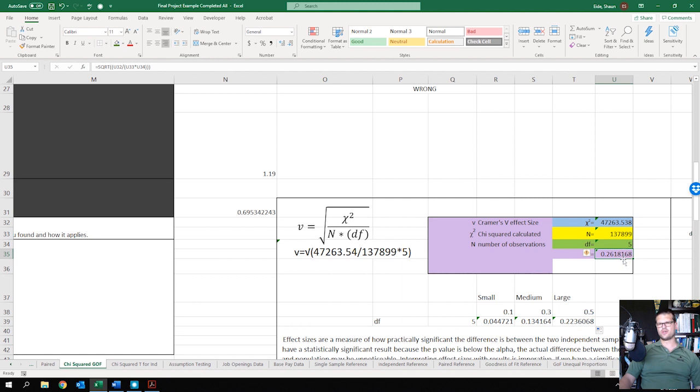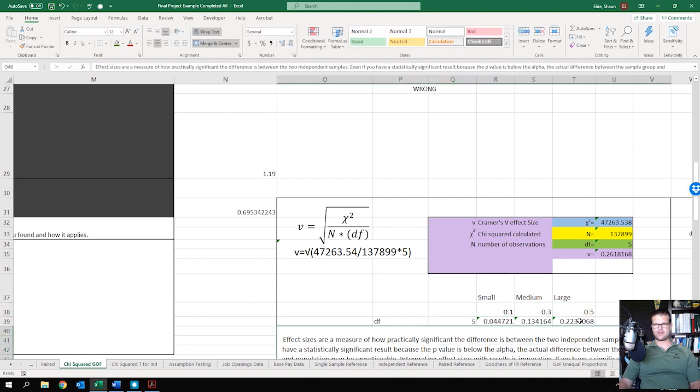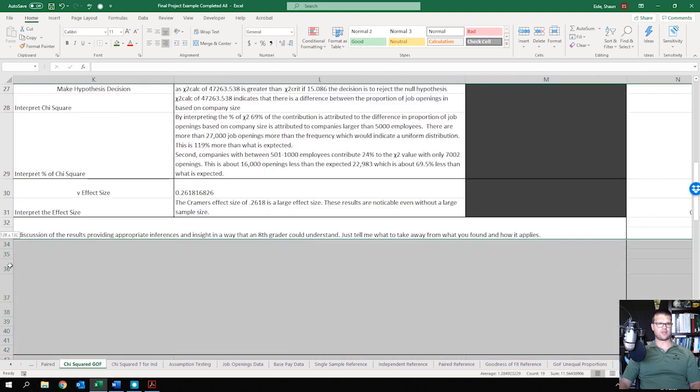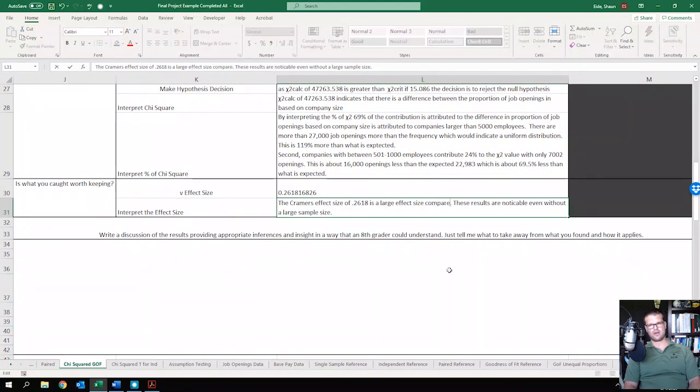And so you'll notice this 0.2618 is a large effect size. And this will work with anything. So if you have 126, if you have all those degrees of freedom, you'll be able to see that the small, medium, and large effect size threshold changes. So for 5, this is the threshold, and so it's a large effect size because it's above that large threshold. And so the Cramer's V effect size of 0.2618 is a large effect size,